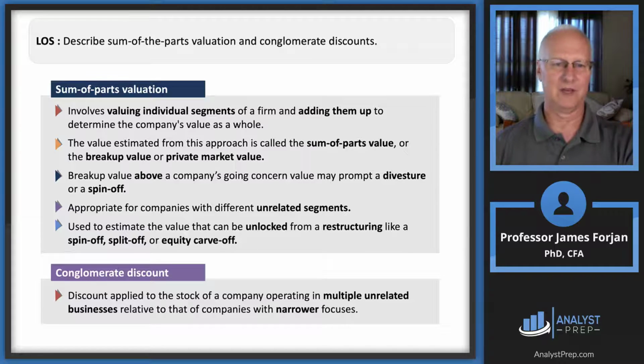And look at that last arrow point. Unlocked from a restructuring like a spin-off, a split-off, or an equity carve-out. We talked about those at length back in that merger reading. So make sure you understand this conglomerate discount. Let me read this to you. A discount applied to the stock of a company operating in multiple unrelated businesses relative to that of companies with